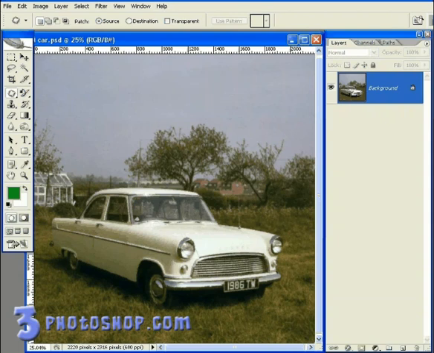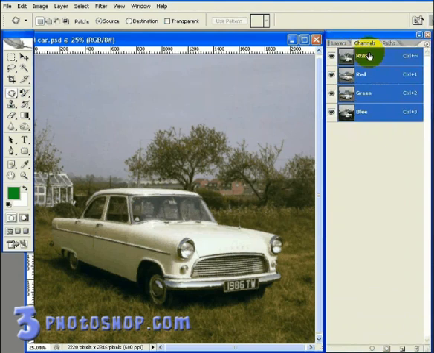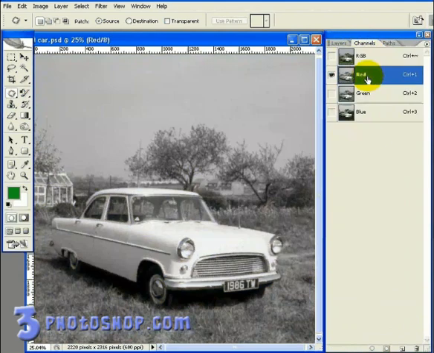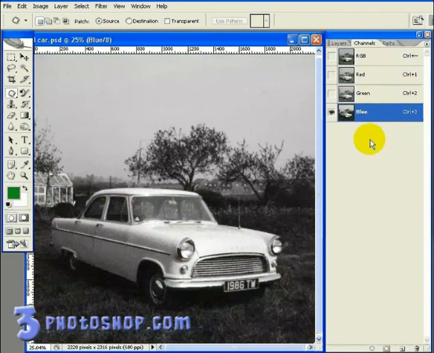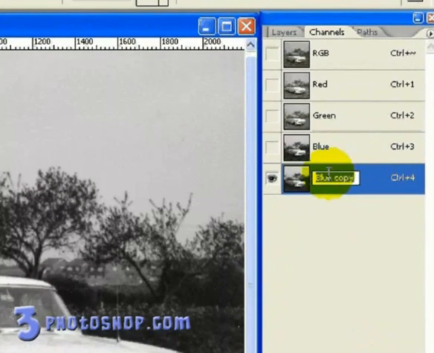I'm going to start off by opening up the channels palette and then looking through the three colour channels to find one that has a good amount of contrast. In this case I think I'm going to choose the blue channel here, and this is going to be the foundation for creating our edge mask. I'm going to duplicate the channel first of all by dragging it down to the new layer icon, and then I'm going to rename it Edge Mask,